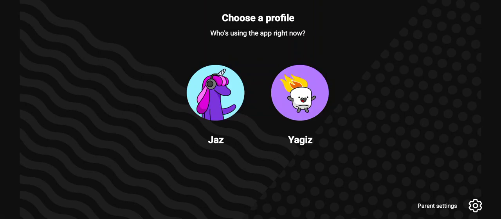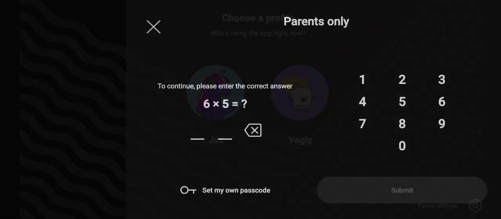First, you can just open the YouTube Kids app on your device. If you haven't downloaded it yet, you can just head to the App Store or Play Store and install it. And next, you can just tap on the gear icon in the bottom corner of your screen, and this will take you to the parent settings